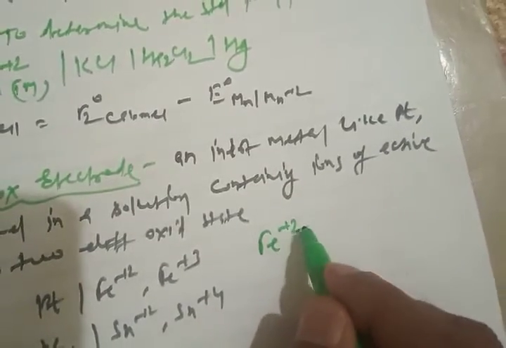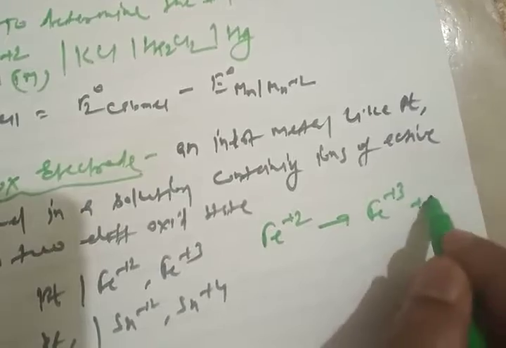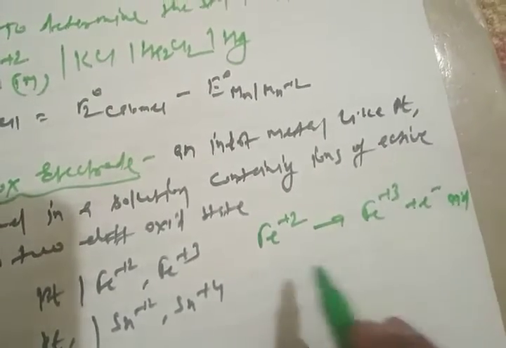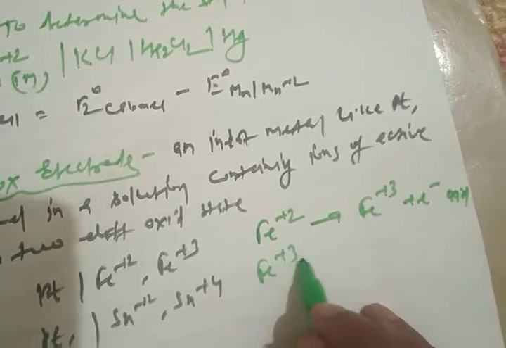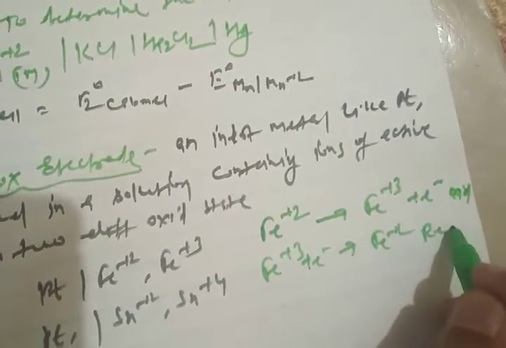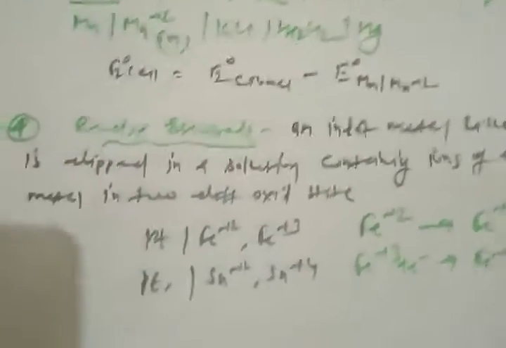So what cell reaction takes place, simple: Fe plus 2 is oxidized to Fe plus 3 with the release of one electron. Okay, so here the oxidation takes place, and Fe plus 3 then again gains one electron to form Fe plus 2. This is the reduction. So this is how the oxidation and reduction takes place with the same metal,